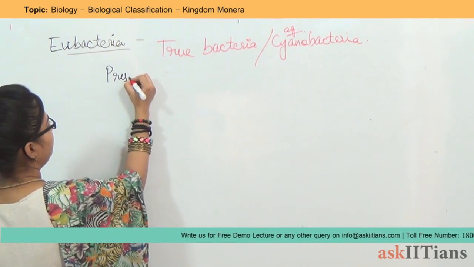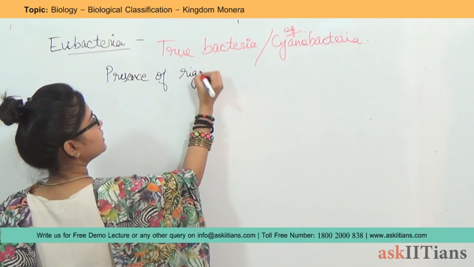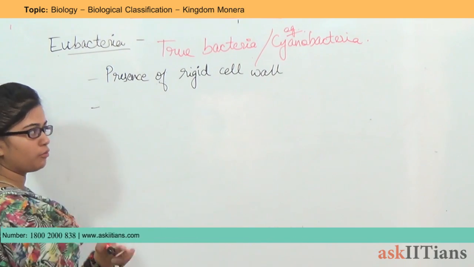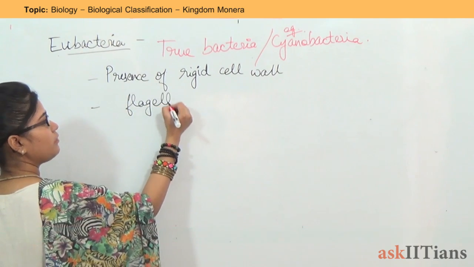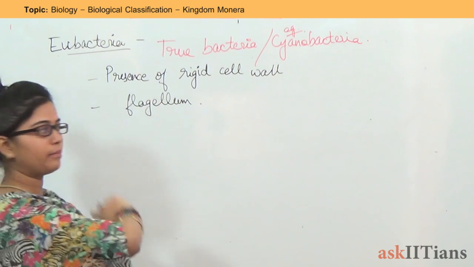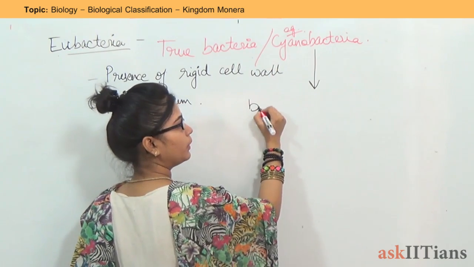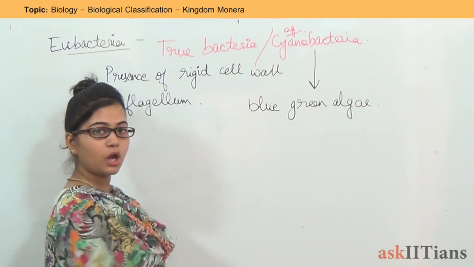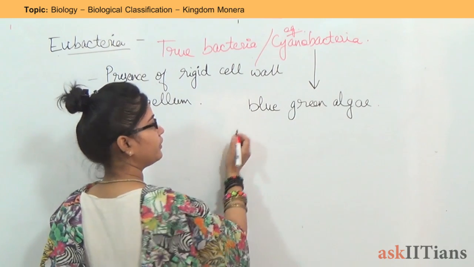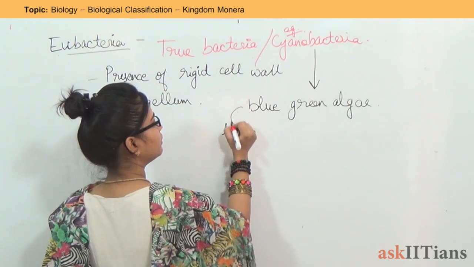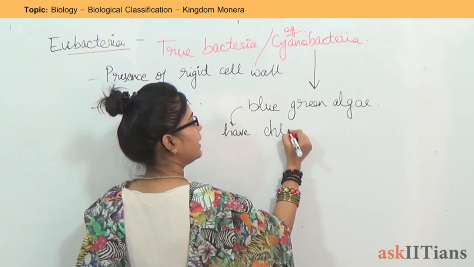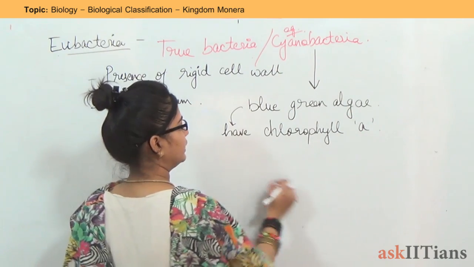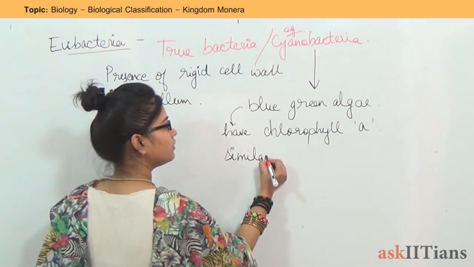They have the presence of a rigid cell wall, and if they are mobile, then they have a flagellum also. Now talking about cyanobacteria. Cyanobacteria is also known as blue-green algae. Why are they called blue-green algae? Because green. Why are they called green? Because they have chlorophyll A. Do you know what is chlorophyll A? I know this. Every one of you knows what chlorophyll A is. It is the chlorophyll which is similar to